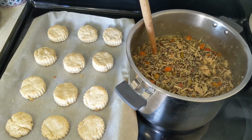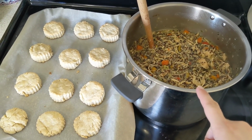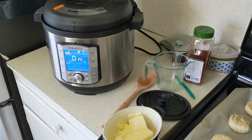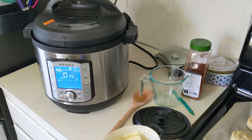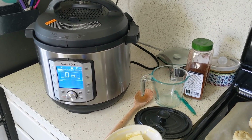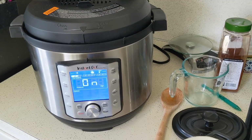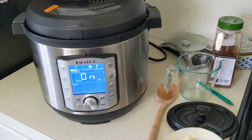So here is dinner for tonight, and plus that'll give us a lot of leftovers too for easy lunches and stuff for the next few days. So the last thing I'm just waiting on is that polenta. I'm going to get it cooked, and then once it's cooled, put it in the fridge and let it harden. And I'm probably going to cook that tomorrow, or at least I'll try, and I will try my best to get it on the end of this video so you guys can see